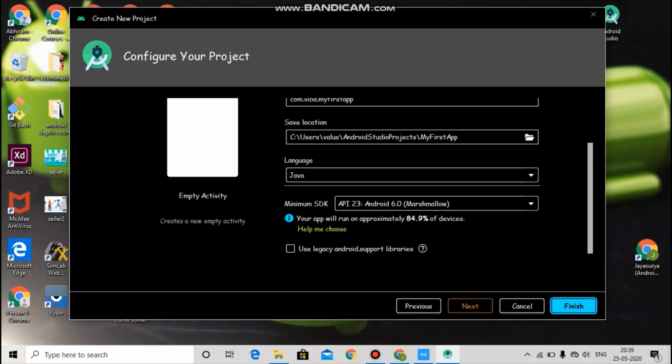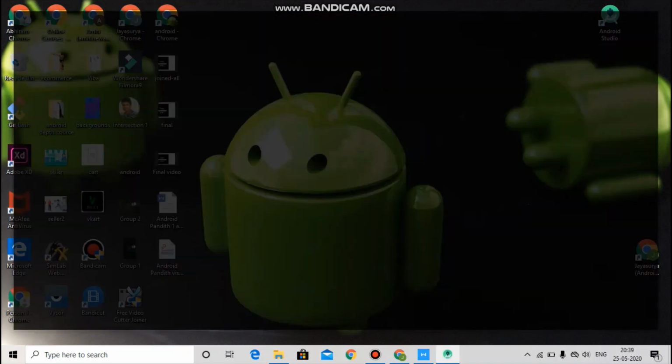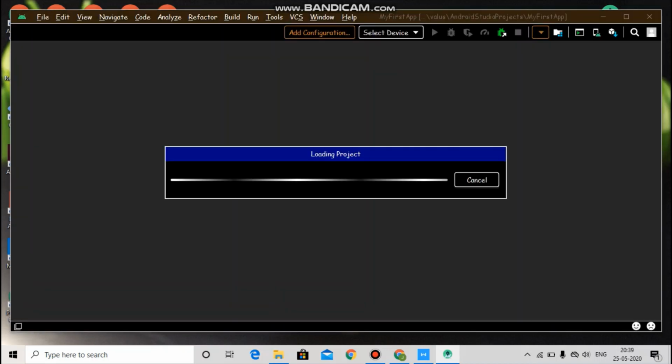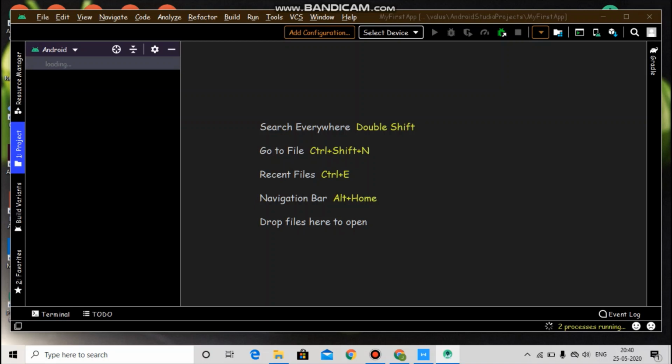It takes time to load. The Gradle started building. See, Android Studio is doing so much for you.